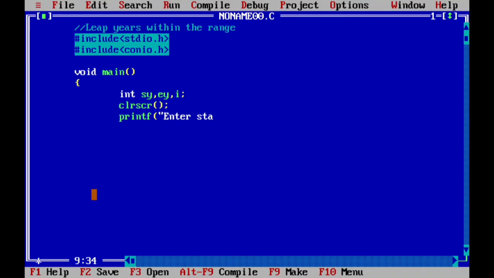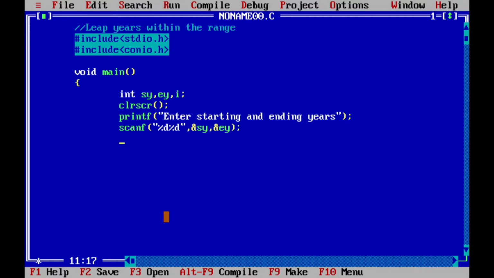Enter starting and ending years. Then to read the entered years, scanf. Scanf is the function. %d, again %d, comma, ampersand sy, comma, ampersand ey.